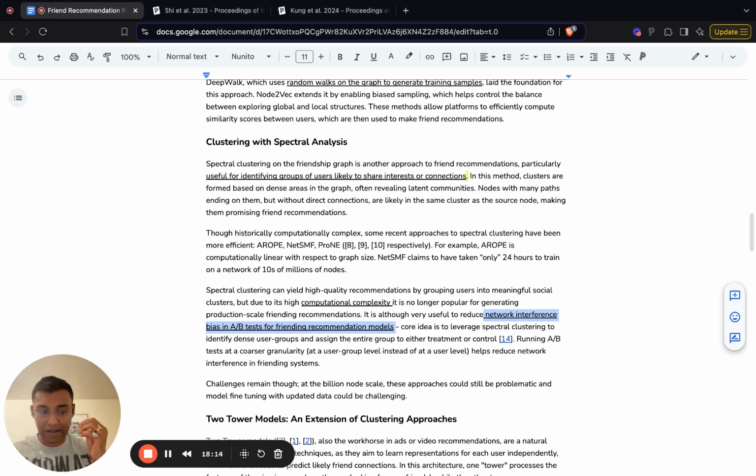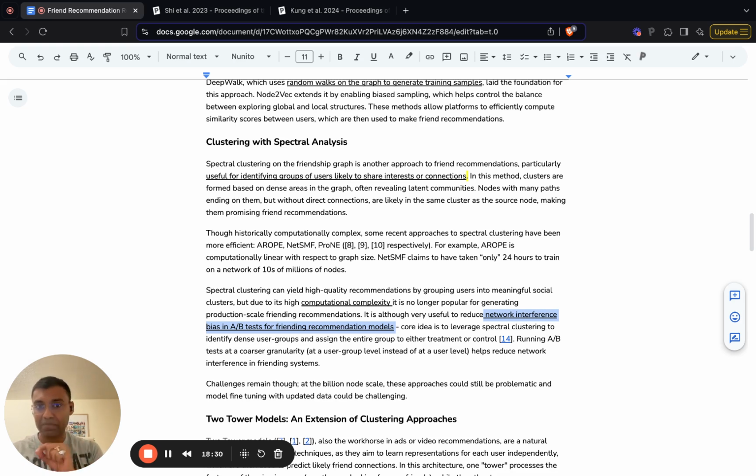So it's called network effect, or network interference bias. Essentially, what it says is that if they're in a closed-net cluster,